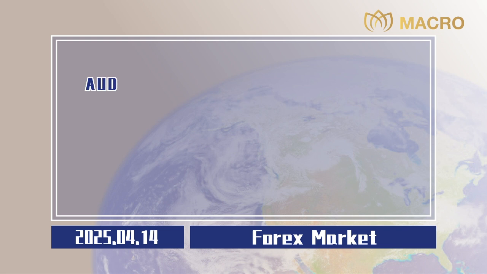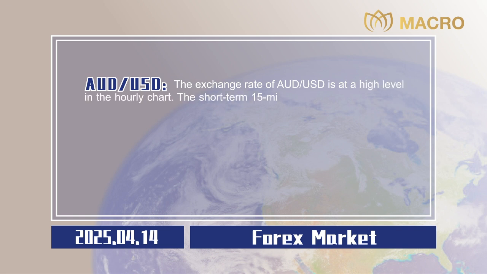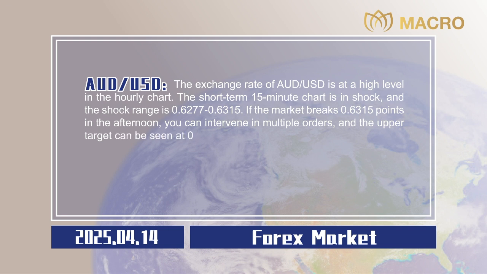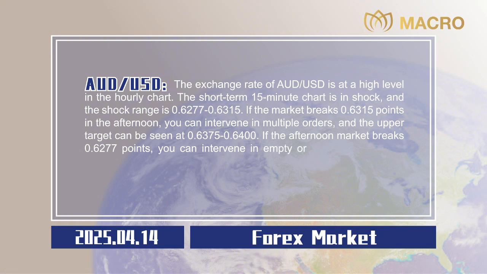0.0020. Australian dollar to US dollar. The exchange rate of Australian dollar to US dollar is at a high level on the hourly chart. The short-term 15-minute chart is in shock, and the shock range is 0.6277 to 0.6315. If the market breaks 0.6315 points in the afternoon, you can intervene in long orders, and the upper target can be seen at 0.6375 to 0.6400. If the afternoon market breaks 0.6277 points, you can intervene in short orders, and the target below can be 0.6210 to 0.6180. Stop losses are all 20 points,